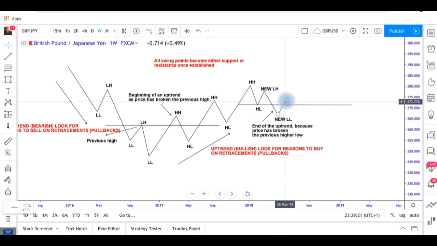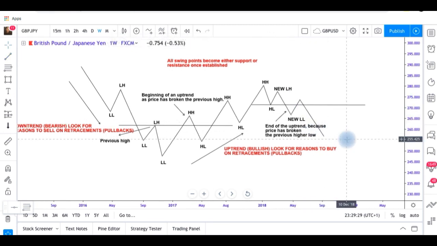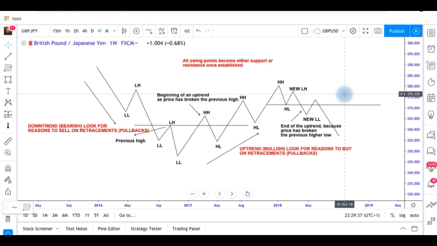So therefore, we wouldn't be buying this because obviously the trend has now changed. We would be selling from here down to create a new lower low. Okay, so this is the fundamentals of lower lows, lower highs, higher lows, higher highs, and it's very, very, very important that we always find this on the higher time frame from a top-down analysis, because as I said before,